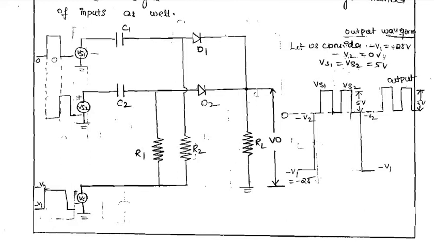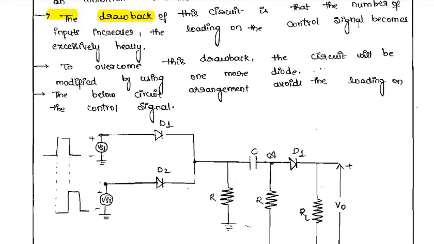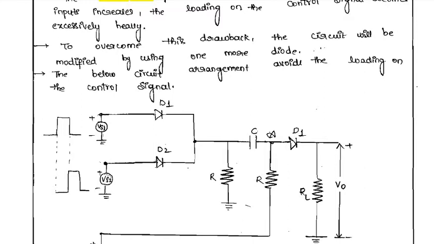So the control signal will be directly going to that particular diode and your input signals will be acting on one more terminal. These input signals will be connected to one point. Okay, I'll show the figure. See here, in these notes also I have given the drawback of this circuit: as the number of inputs increases, the loading on your control signal will be increased. So the load will be increased on your VC. So as to avoid that, we are adding one more diode here. These are the two diodes, two input sources that we have considered, but to avoid that, we are using one more diode.